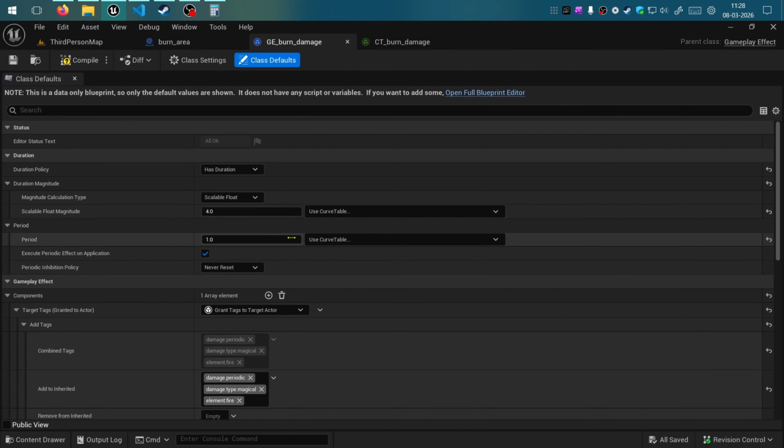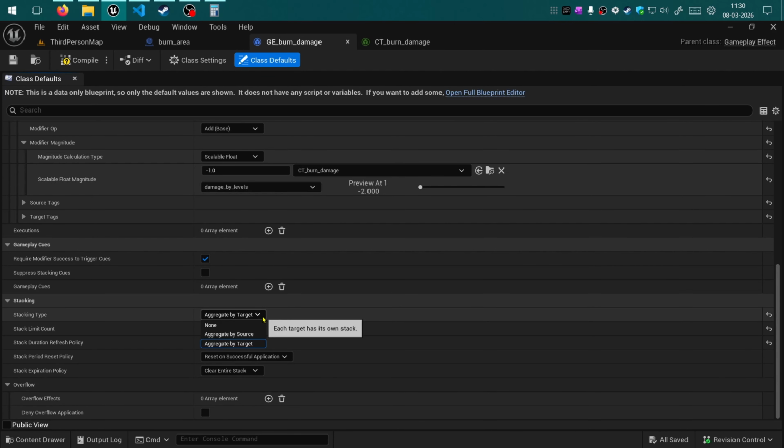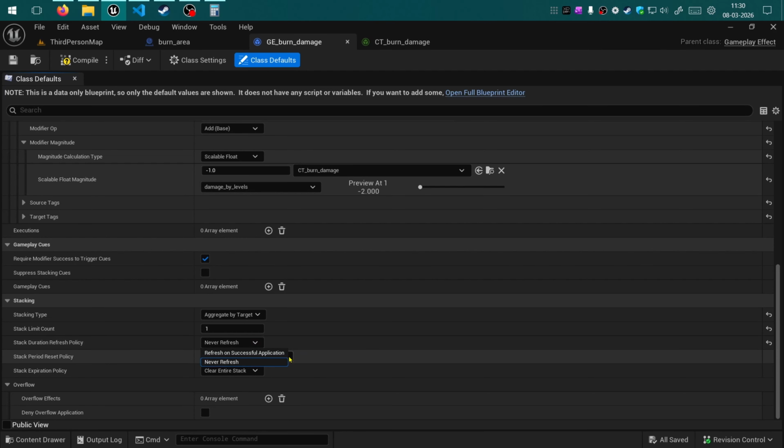Let's also check to make sure we have the right duration policy of the effect. Execute on apply for a duration of 4 seconds means 5 executions on health. Let's also make sure to quickly set the stacking policy, aggregate by target, and stack limit of 1 means for the target of the effect, there can be at most 1 active effect. We can also prevent refreshing and repeated application of the effect after the duration by setting this duration refresh policy